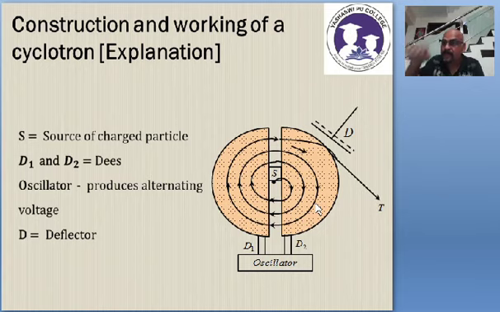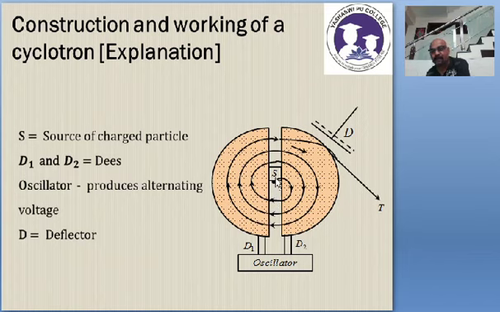And that maximum magnetic force which is experienced by the charged particle makes the particle go in a circular path. You know that when a charged particle moves in a direction perpendicular to the magnetic field, it will experience the maximum magnetic force, and therefore it goes in a circular path. Once it enters the disc, it goes in a circular path, and after some time it comes back to the gap again. Please remember, it comes back to the gap again.